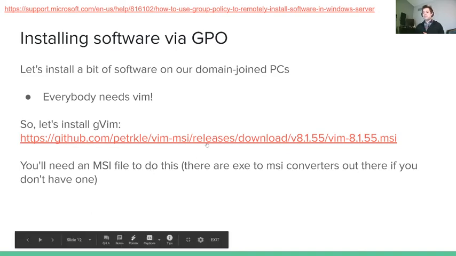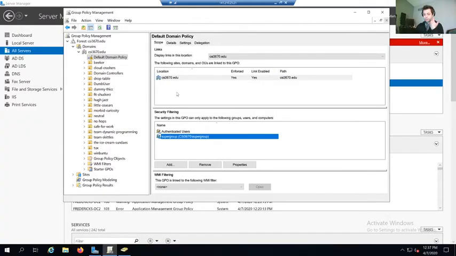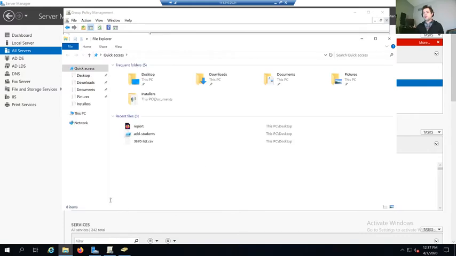So what we've got is a link to an MSI file. Now, if you're not familiar, which I assume you would be at this point in your career as computer experts, an MSI file is a Windows installer. If you want to install software and all they have is an executable, this will not work. So you need an MSI file so that the msiexec program can install something. Now, there are ways to convert from exe to MSI, but it needs this particular type of installer. So I will say that.